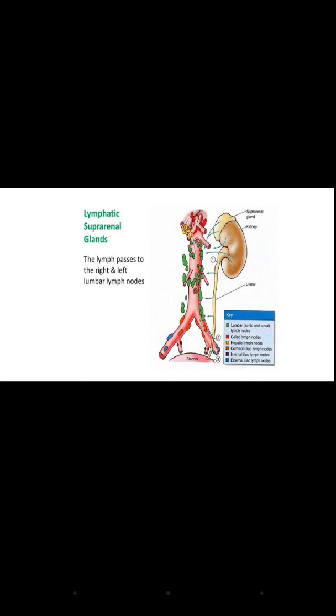So we discussed the anatomy and the physiology of the adrenal glands, in which we discussed the anatomy, the adrenal cortex and the adrenal medulla, the three zones of the adrenal cortex, and what hormones are secreted by the adrenal cortex. Then we discussed the adrenal medulla, the chromaffin cells secreting the two hormones and what their function is. Then we discussed the arterial supply of the adrenal gland and the venous supply, the nerve supply to the adrenal gland, and how the lymphatic drainage occurs in the adrenal gland.